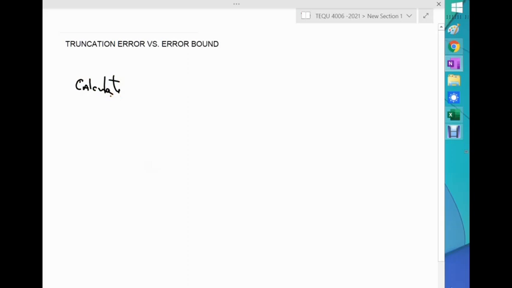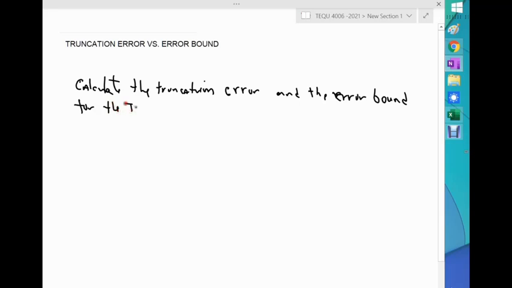Calculate the truncation error and the error bound for the trapezoidal rule for,